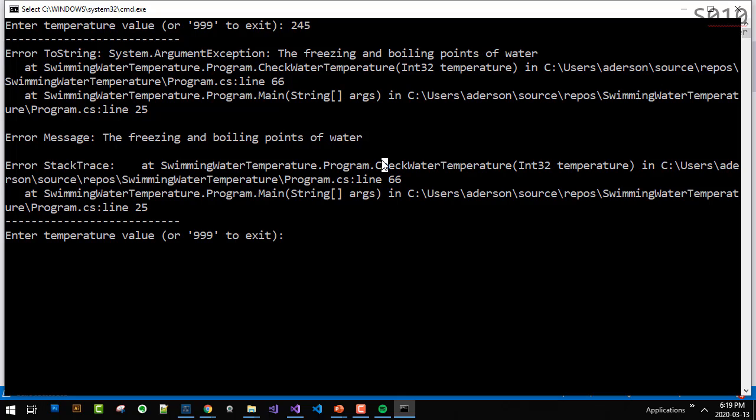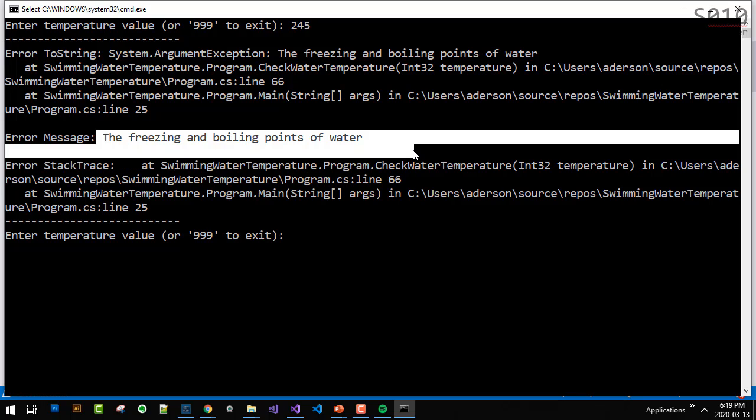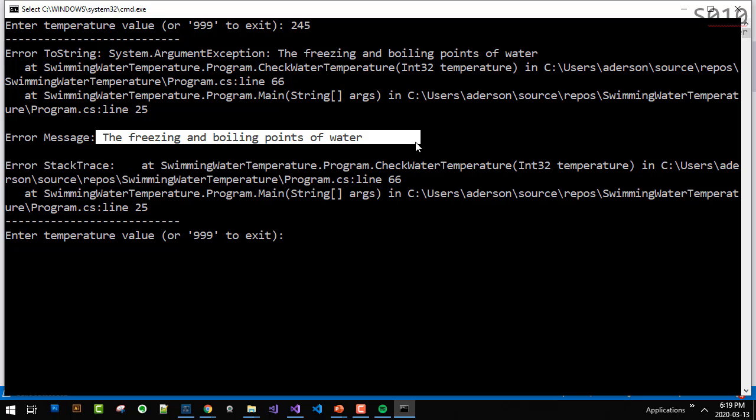Just message. Now, if I'm a developer and I need to look at the logs of the system to see the details, which one should I get? Maybe ToString or stack trace, but as a developer, the error message will not be very useful. So you can see that ToString is a combination of message plus stack trace.